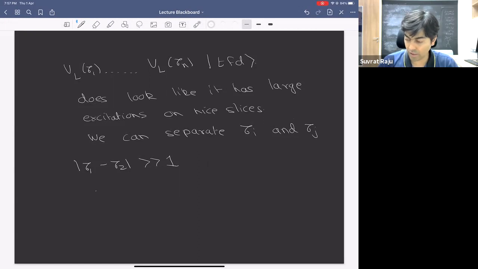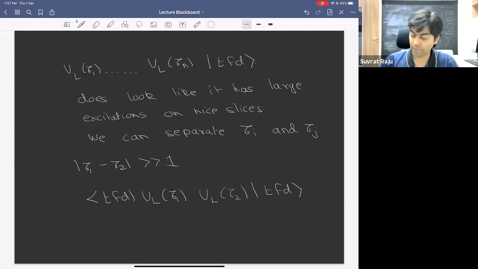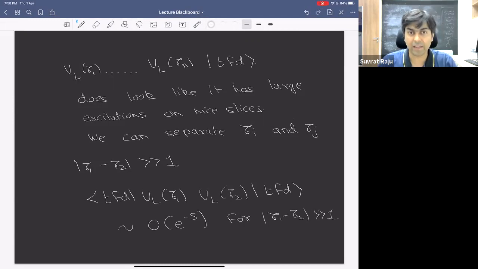But in fact, that is not the case, because if you compute the inner product, however much you separate the excitations, it saturates at order e to the minus S, for tau 1 minus tau 2 being much, much larger than 1. So in fact, these excitations, that from a classical perspective you think, by separating long enough, or by separating by a large enough amount on the nice slice, by exploiting the volume of the late time nice slice, you can make almost exactly independent, and therefore you can treat them in a dilute